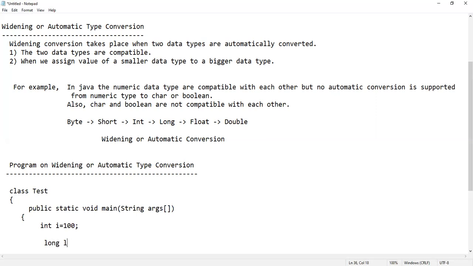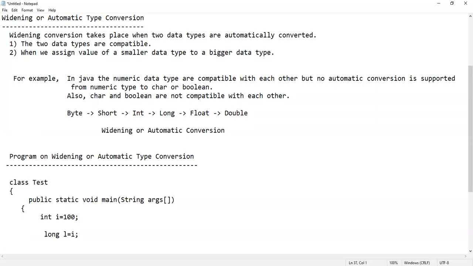So if I declare long l is equal to i, it can easily take it, because integer can carry 4 bytes, whereas long takes 8 bytes. So these 4 bytes can easily occupy 8 bytes. So this is possible.